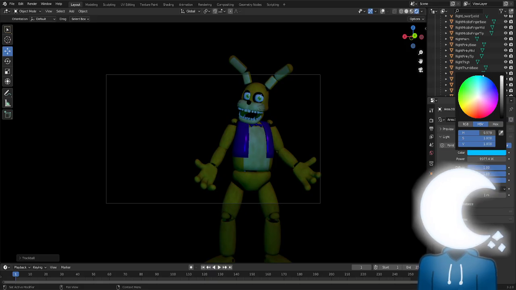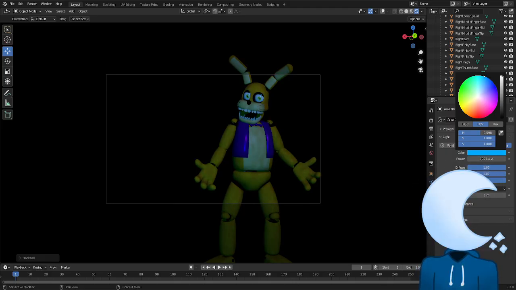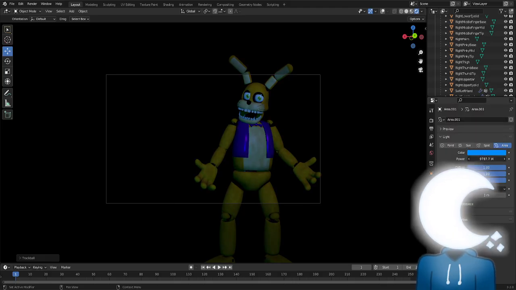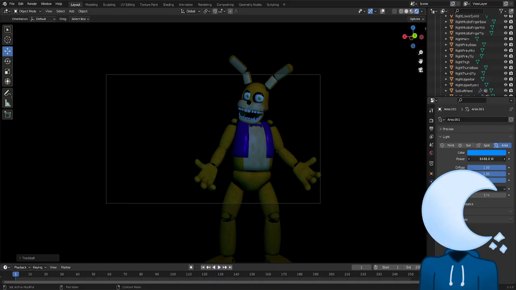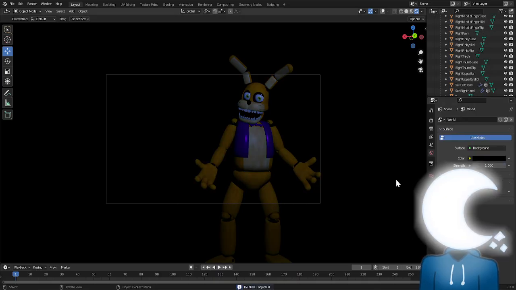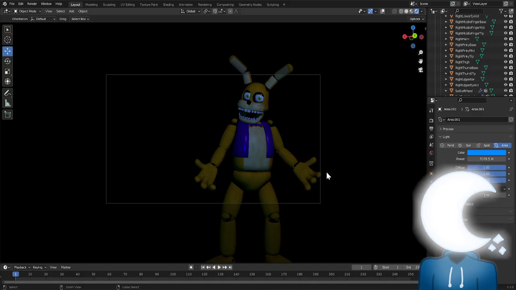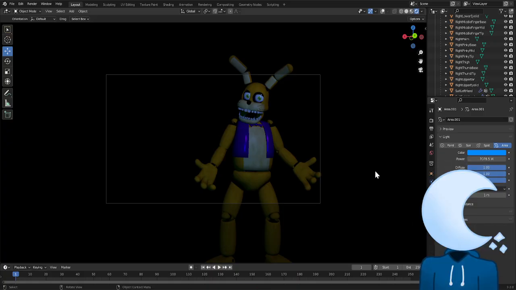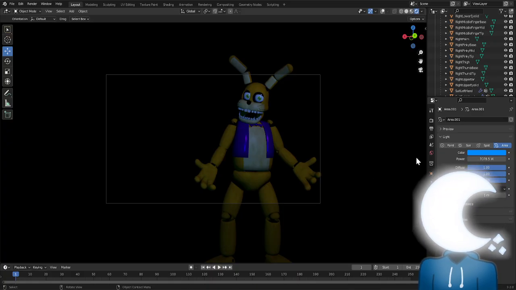I'm gonna make this light a bit more green tinted. And then I'm gonna turn the power down. Now, if you can just delete your light and nothing happens, then that means your light isn't positioned correctly or isn't bright enough. But once you're happy,